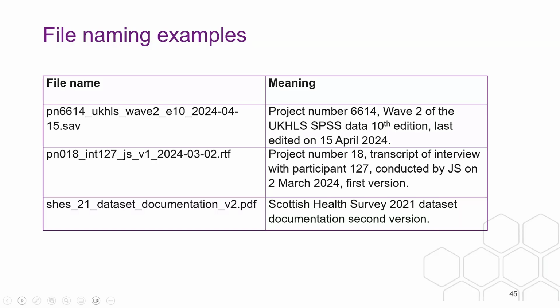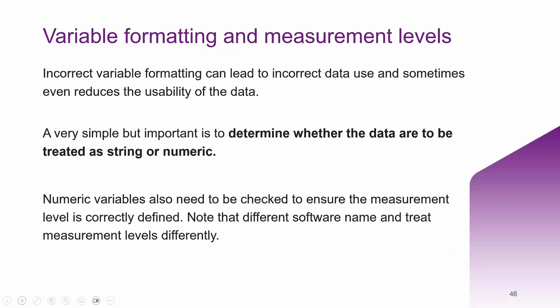Again, our file naming strategy can be realistically half of a Word page. Just explaining: I start with the project number right at the beginning. Then I mention the name, the wave of the study, what edition that data is, and then last edited, and I have the date in this specific format. It doesn't have to take a day to create this file naming strategy by any means, but just having that documented somewhere, especially with teams that work across multiple researchers, is really important,